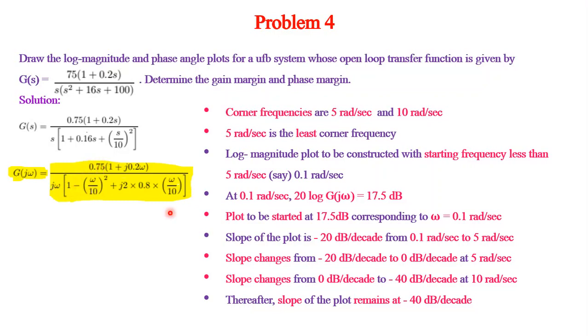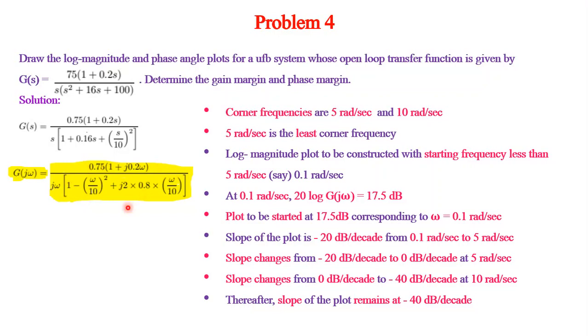We have already seen for the complex conjugate pole factor how the log magnitude plot is affected in terms of error with respect to the actual plot. It is based on the damping ratio. We have seen that when the damping ratio is greater than 0.5 and less than 1, the error between the asymptotic plot and the actual plot is less. The error is as high as 20 dB only when the damping ratio is 0.05. Now the damping ratio is high, so this is not a problem at all. So we can go for asymptotic approximation. This understanding we have to get immediately after seeing the problem.